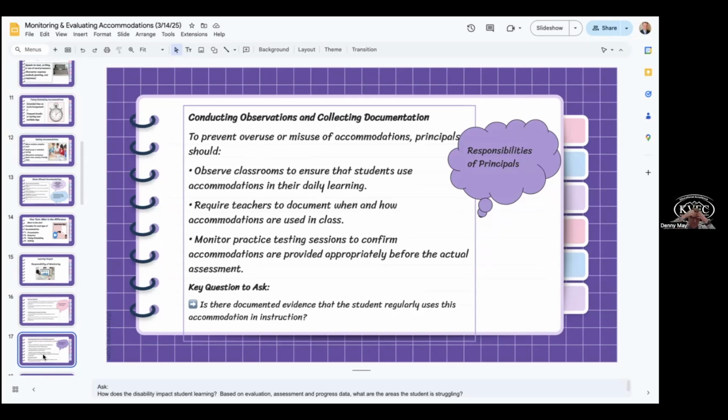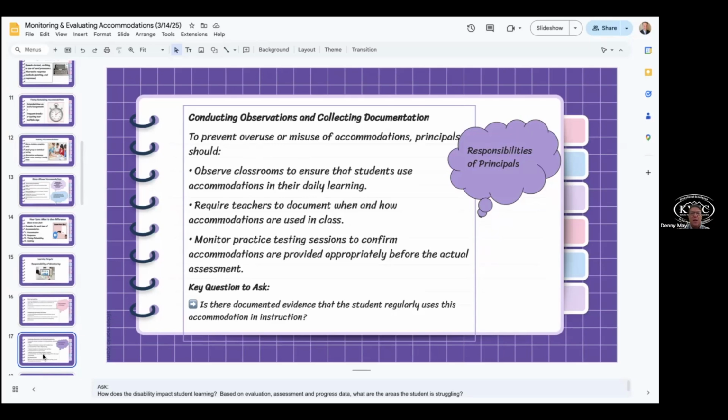Now, the law used to say daily, or the guidance used to say daily, and they thought more deeply about that. It's hard to do anything daily these days, with the logistics that we have within schools. So we backed away from that just a little bit and said it has to be consistently what they're receiving in terms of accommodation.